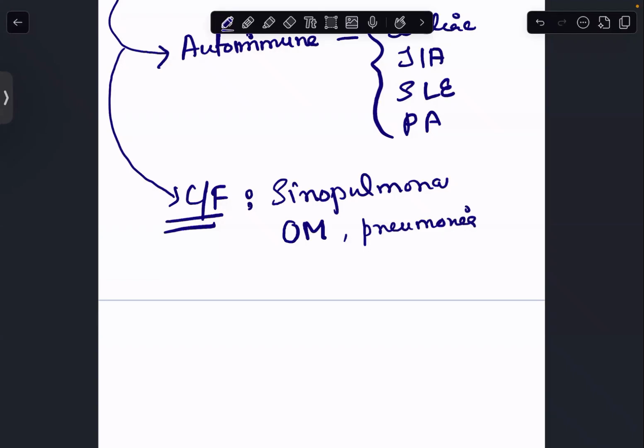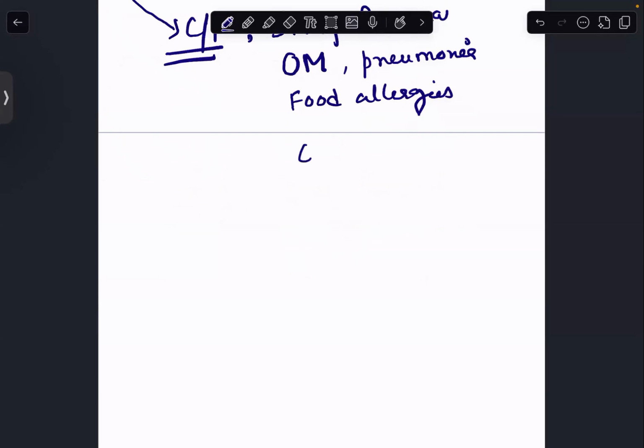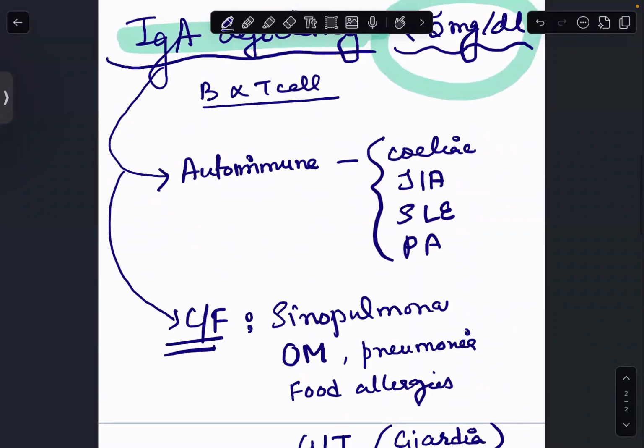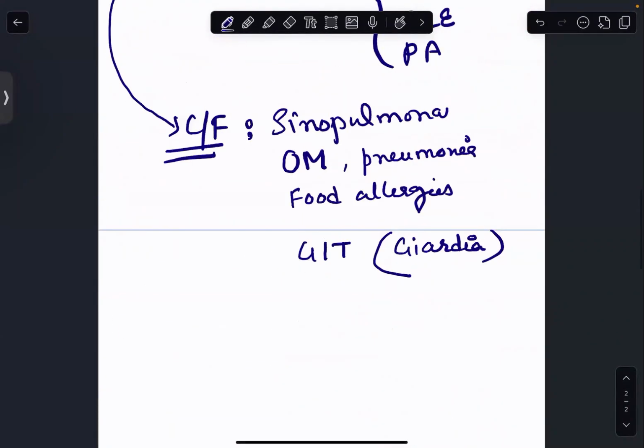And also IgA deficiency is very commonly associated with food allergies. Plus, they can also lead to some gastrointestinal infections caused by Giardia. Normal children are not very susceptible to Giardia infection, giardiasis. But children who have immunodeficiency are very susceptible to Giardia. So in case of IgA deficiency, if a child is coming to you with chronic diarrhea, you have to screen